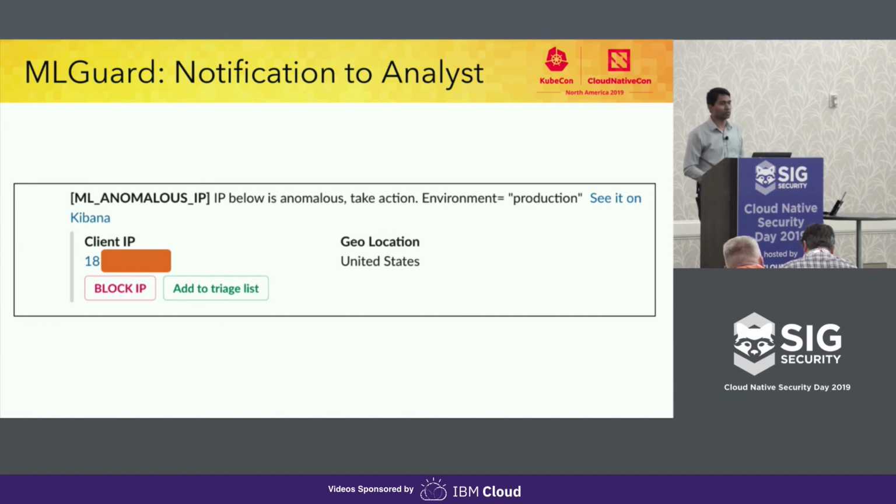And we have a block list and a triage list. Triage means that okay, you looked into it, you ignored it, but if you say block, we can directly block. If you click on this, a webhook gets fired that invokes a few other Lambda functions, and we directly add this IP to our web application firewall block list, and that's when this IP is blocked automatically.